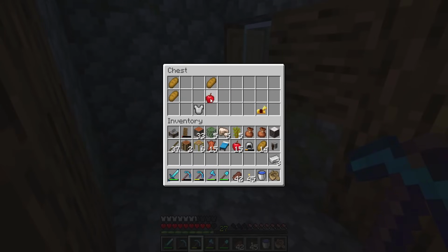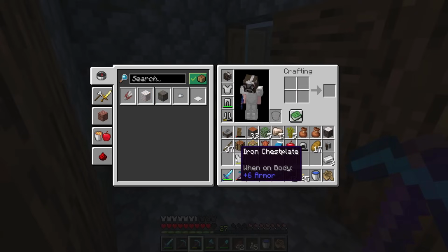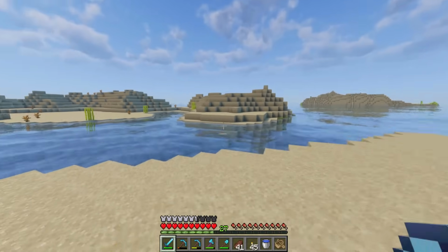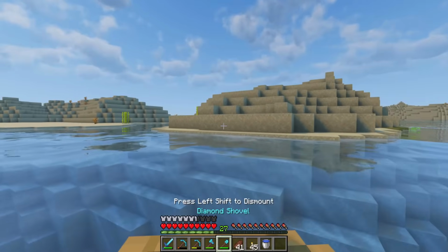Aw, man. Why? I mean, new chest plate. I can switch that out with my old chest plate. Also, I'm still a cow. Moo. I also just saw these sand islands, and I think I'm just gonna go there and take as much